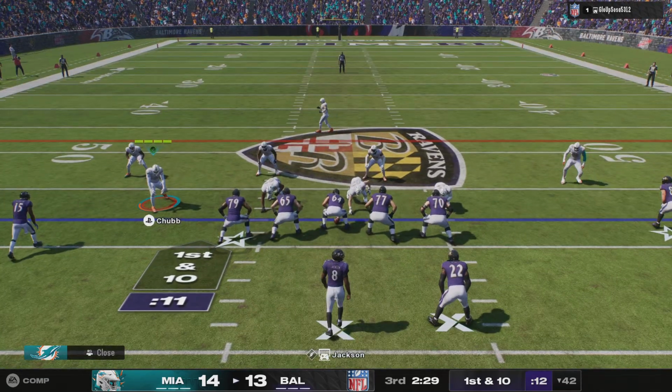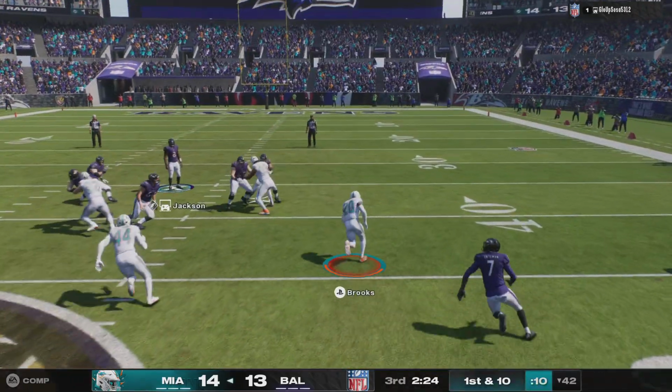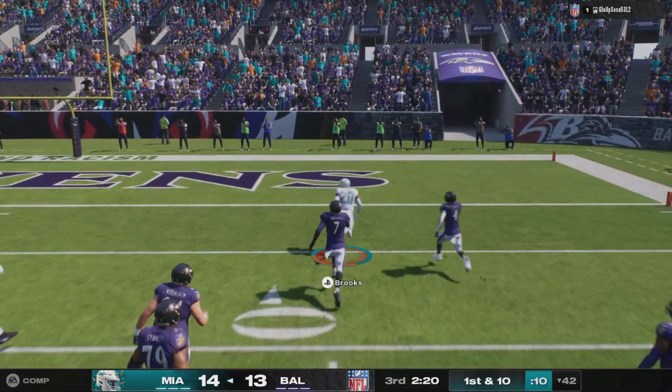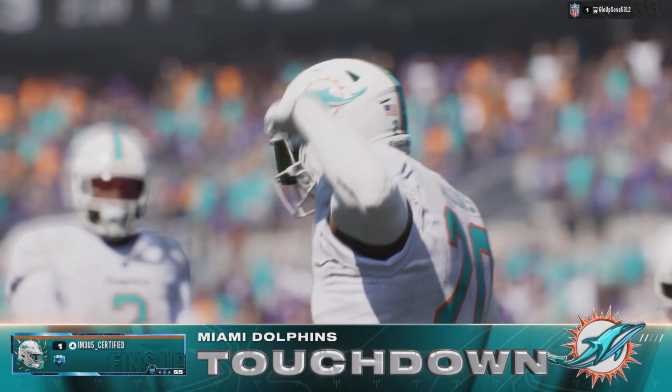Putting a receiver in motion. On 1st and 10, it's Jackson. And they pick him off. Jordan Brooks comes up with it. And it's a touchdown as he brings it back for the pick six. Might be a little...